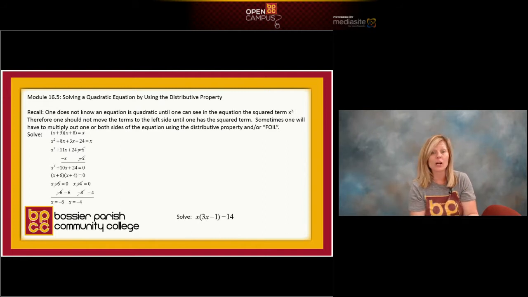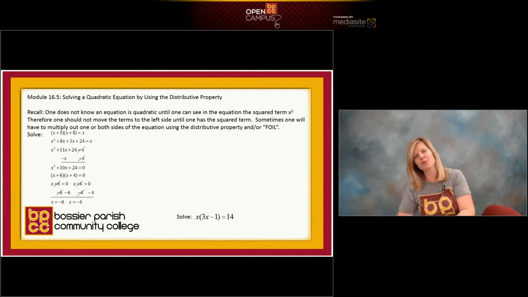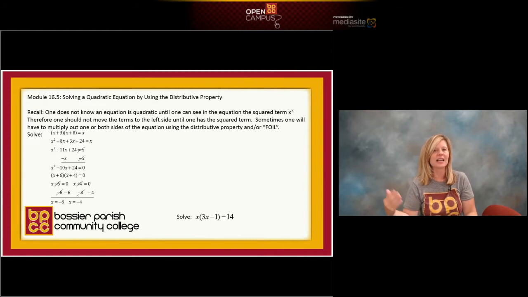Now I'm no longer quadratic. I do not see an x squared. Now I have 2 x's. Every quadratic factors into 2 linear equations. So now I set both of my x's equal to 0. So x plus 6 equals 0. X plus 4 equals 0. That's my 2 linear equations. I solve each by doing the inverse of addition, which is subtraction, and I get my 2 solutions. X is negative 6, x equals negative 4.